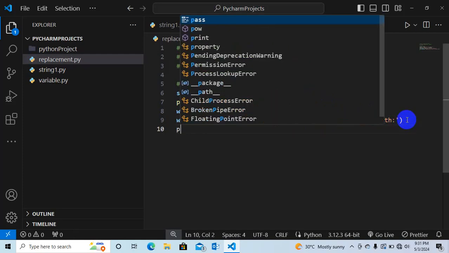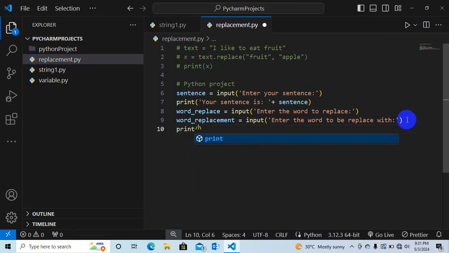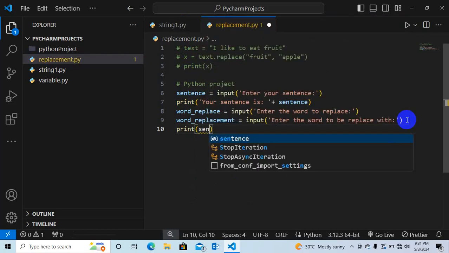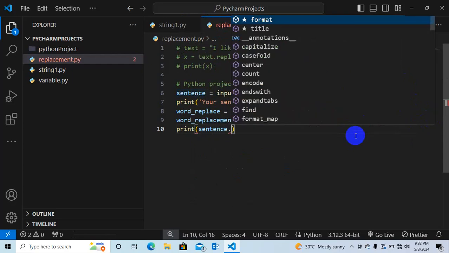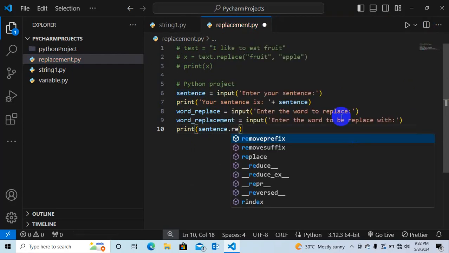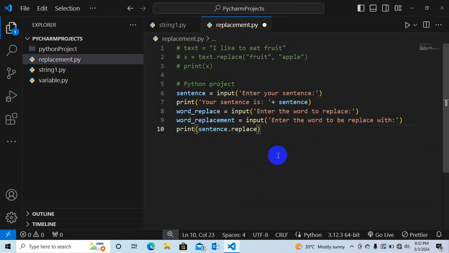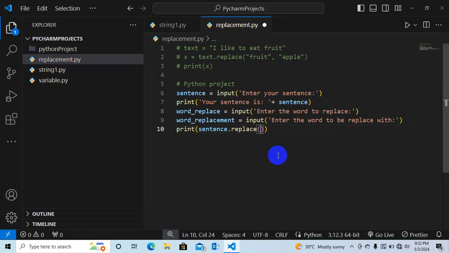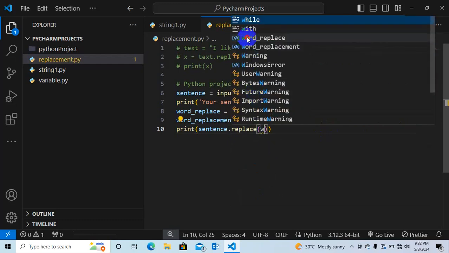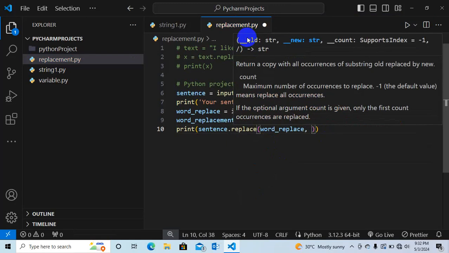Now we can use the print function. We say print sentence dot replace, inside the parentheses, word_replace, and also word_replacement.